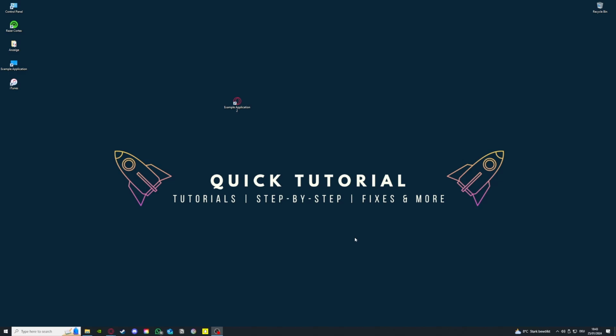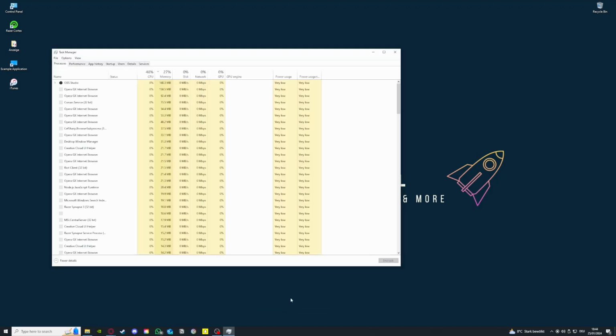Before we get into the video, I just want to say that I will show you some easy fixes that you might already have tried. For example, a restart. That's the first thing I'm going to mention, and later on I'm going to go more into the complex fixes which might help you prevent the crashing of the program. So yeah, let's start. So first of all, I want to recommend you to open your task manager and check